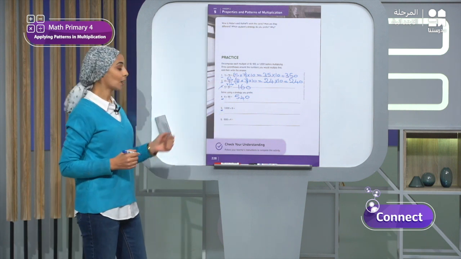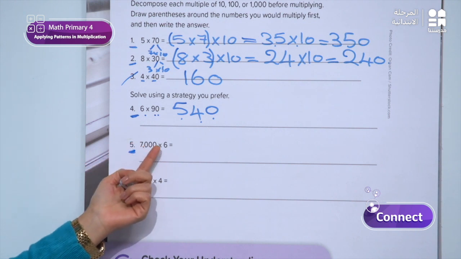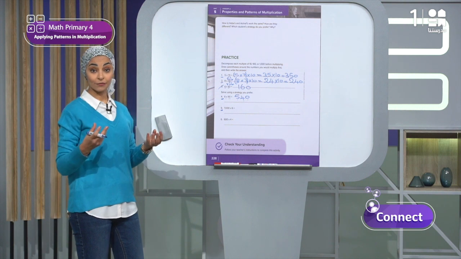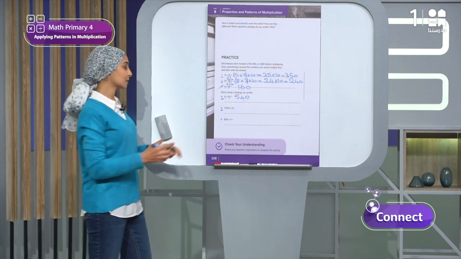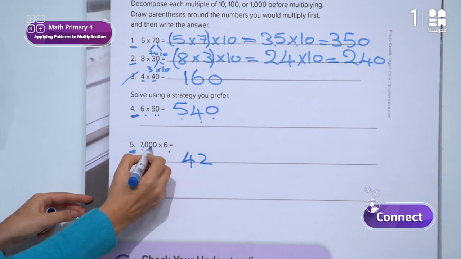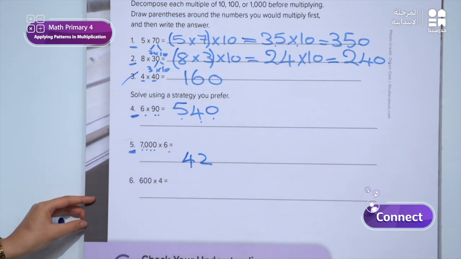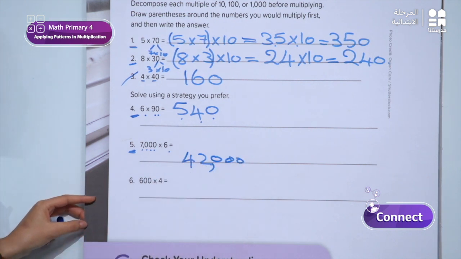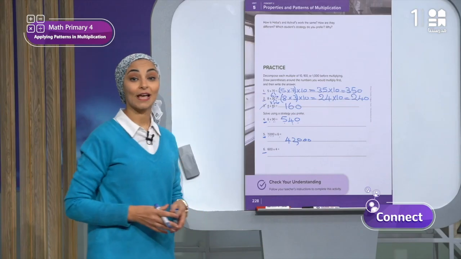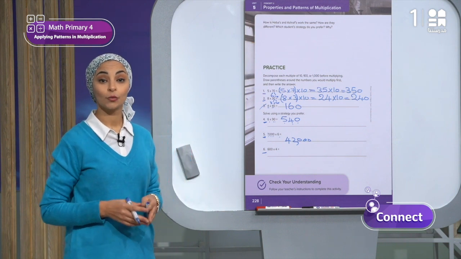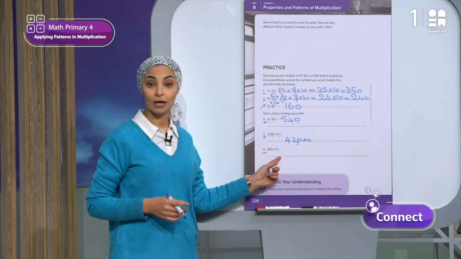Problem number 5 here, I want to multiply 7,000 times 6. You can multiply 7 times 6 first. 7 times 6 equals what? Yes, 7 times 6 equals 42. What about the zeros? I will put the zeros in the ones, tens, and hundreds place to be 42,000. And now let's move to problem number 6, and this will be the last one here in the practice part. I want to multiply 600 times 4